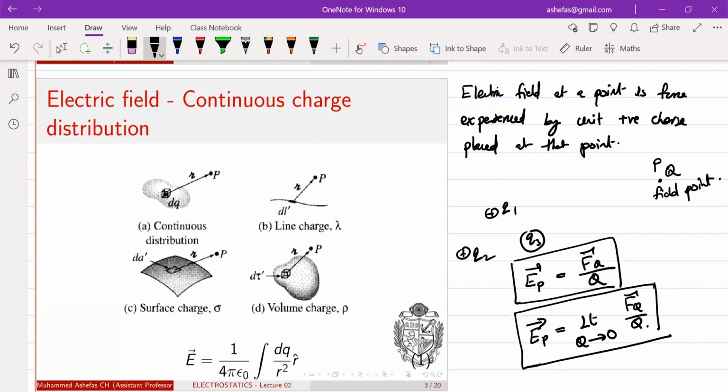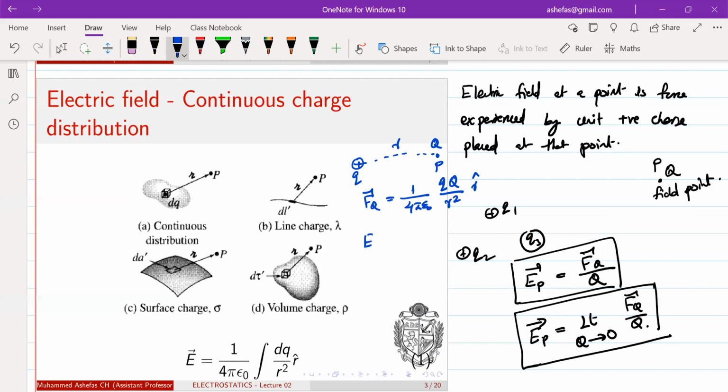Okay, now in case of a point charge, it is very easy to find the electric field for a single point charge, small q. There's some point P here. Then if you consider a test charge capital Q, the force on capital Q would be, according to Coulomb's law, 1 by 4 pi epsilon 0 small q capital Q by distance. Suppose the distance is r square r cap.